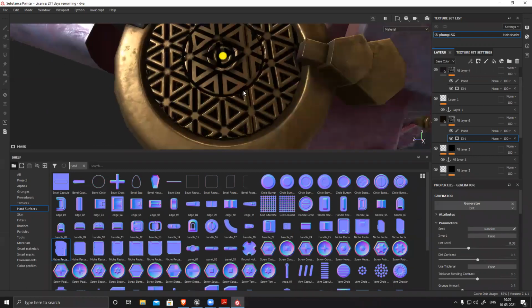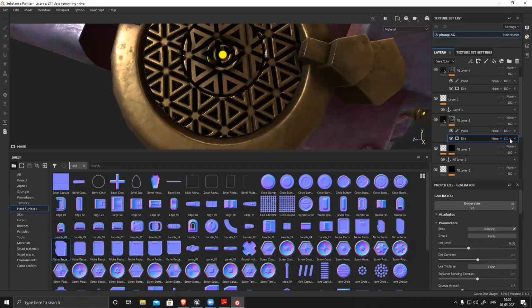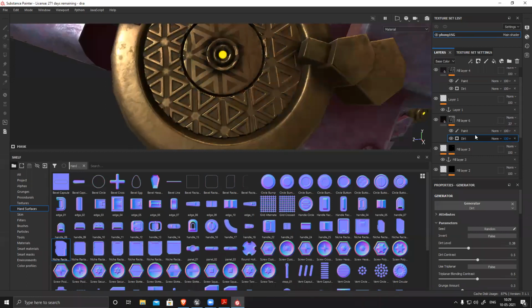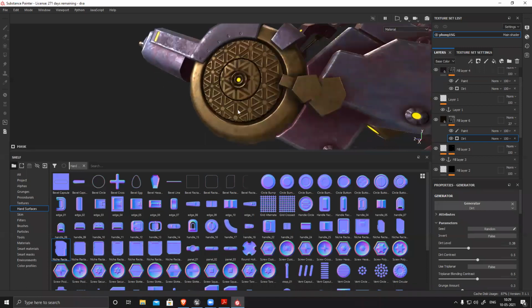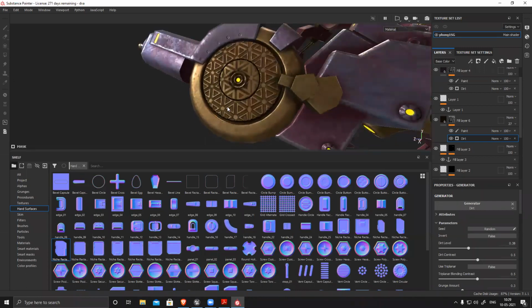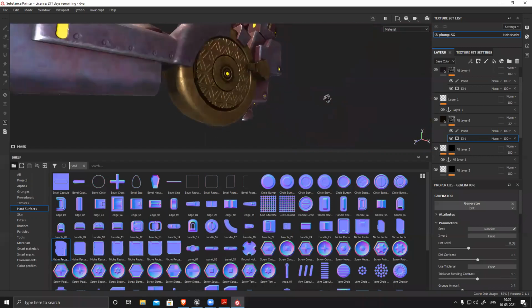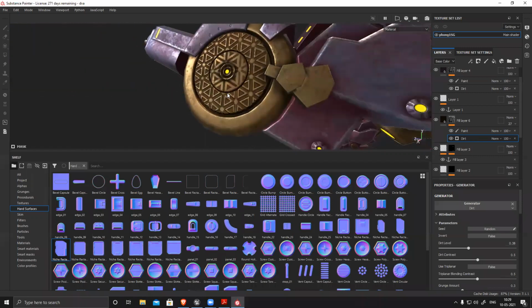I can keep the base dark. What I can do is reduce the overall opacity of the layer. So it will separate the base and the height. You see, the base becomes a little matte and dark, and the height has become a little sparkly, shiny,